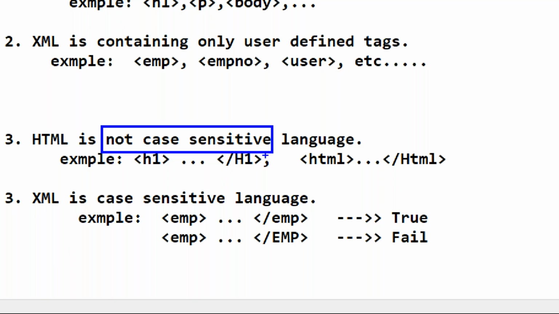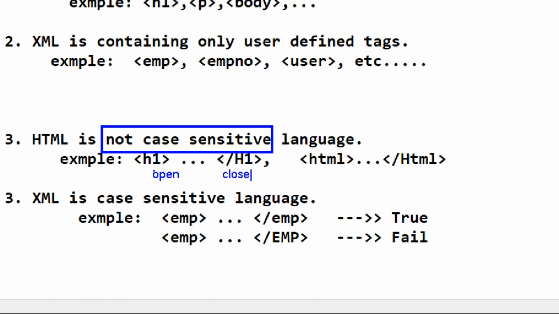Not case sensitive means you write the H1 tag. Technically we call this the open tag, and this the close tag.